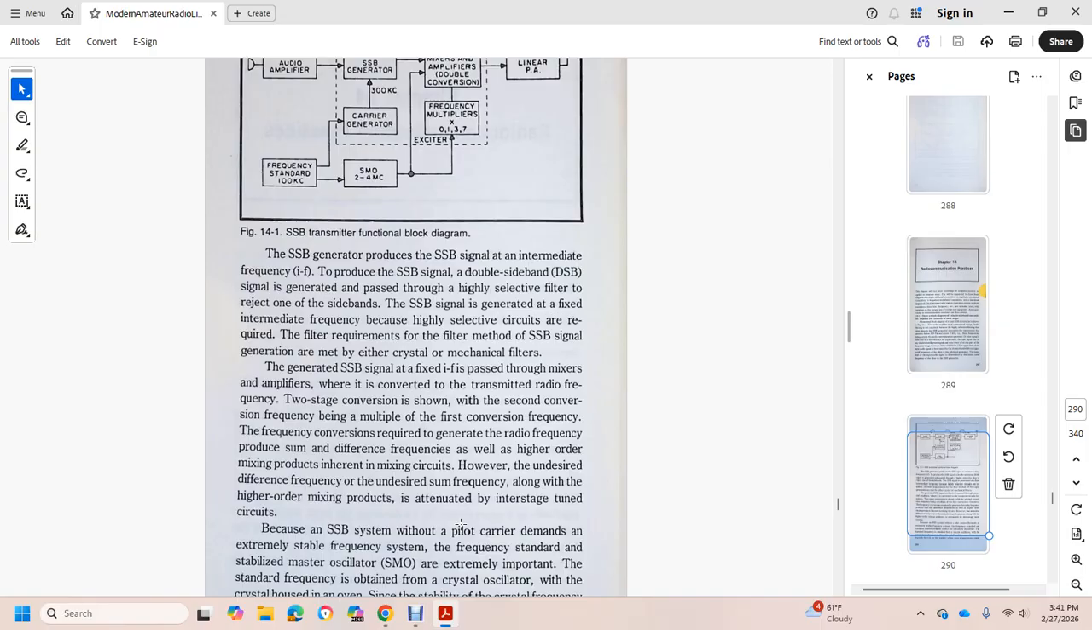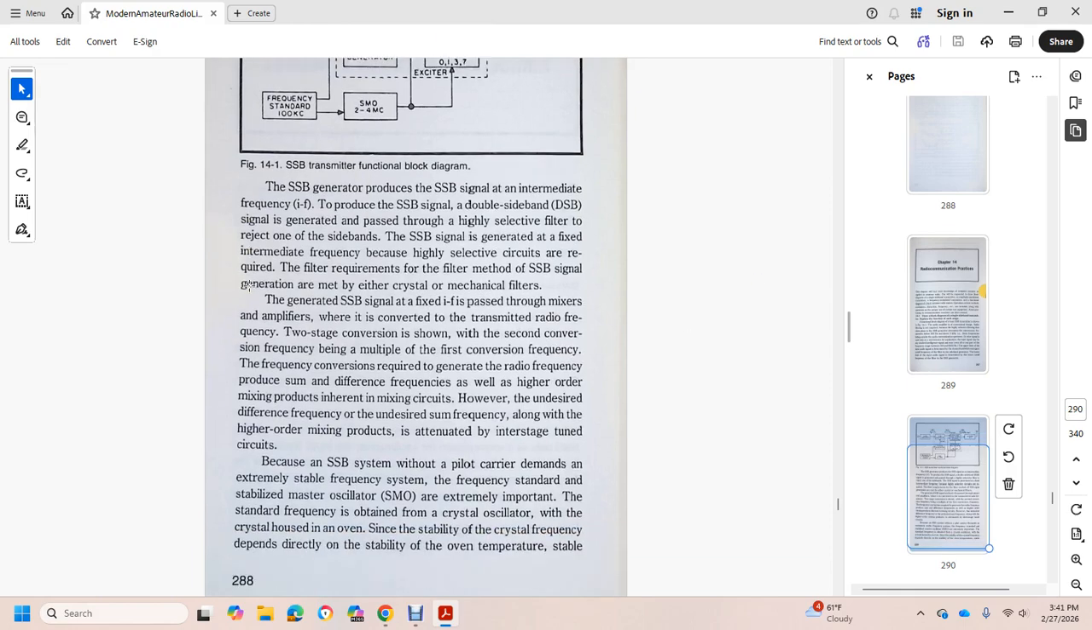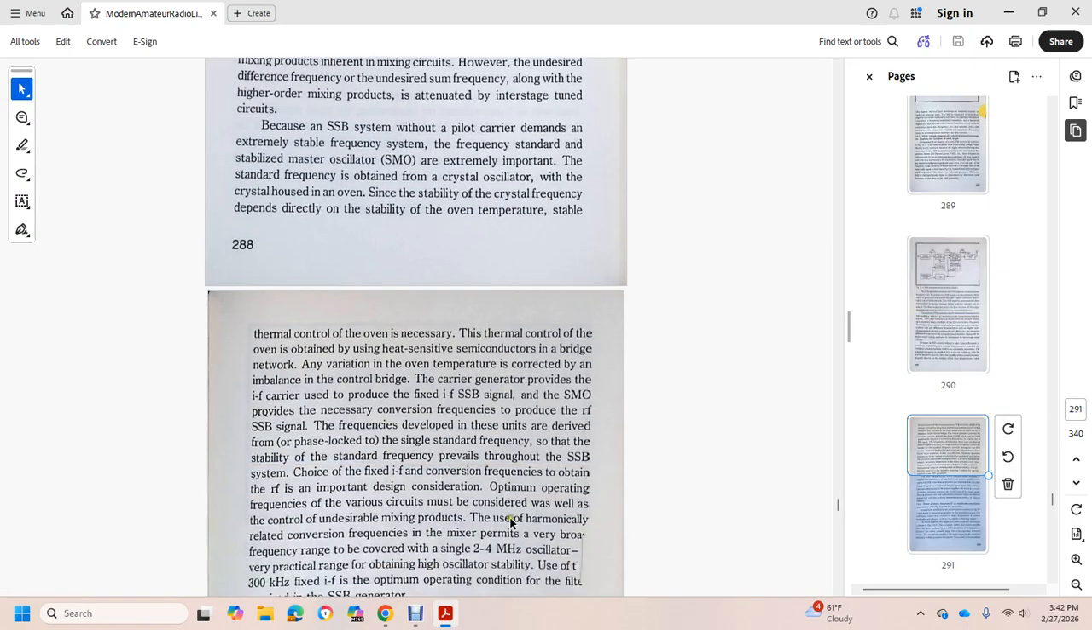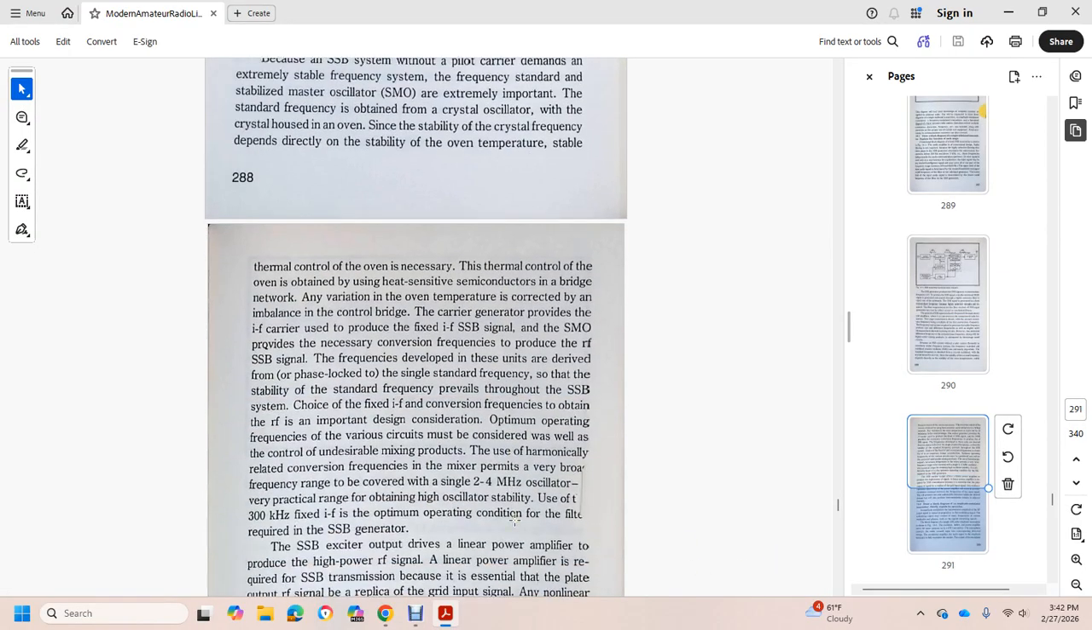mixing products, which are attenuated with the tuned circuits in the signal path. The single sideband system depends on actually stable frequency, so the frequency standard and the stabilized master oscillator are extremely important. The standard frequency is obtained with the crystal oscillator in a crystal oven, and since the stability of the crystal frequency depends on the stability of the oven temperature, thermal control over the oven is necessary. The thermal control is retained with a heater and a bridge, and variation of the temperature is corrected with the imbalance of the